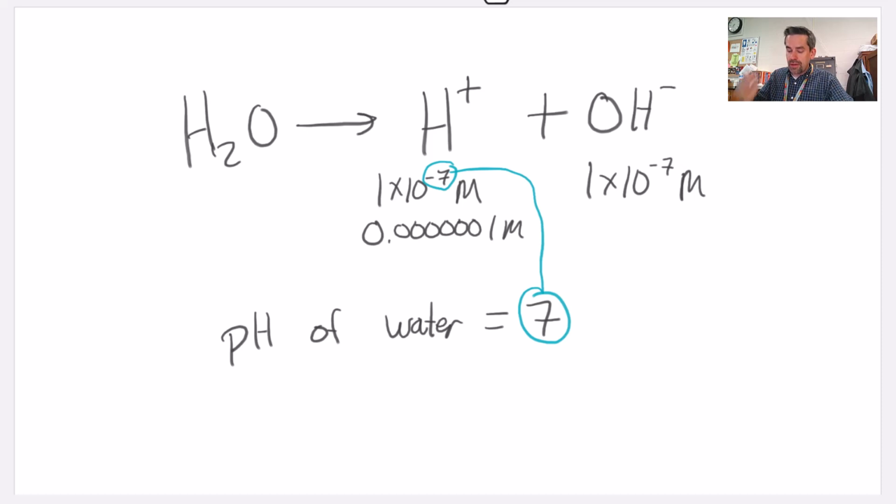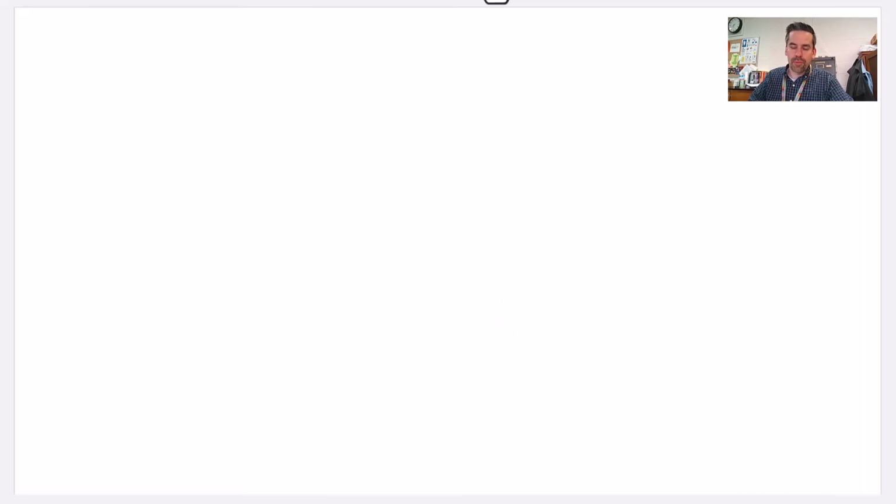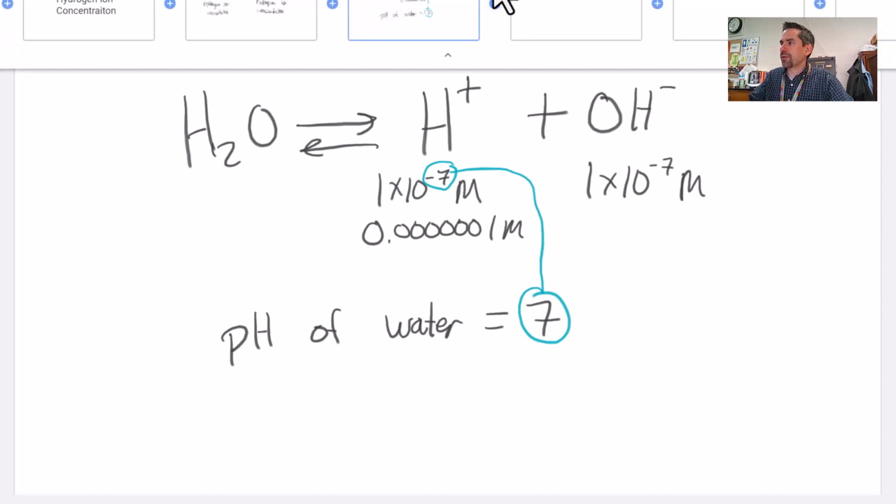If we were to increase the amount of H plus, right, if we were to get more H pluses by putting an acid into the water, we would actually have a shift in this equilibrium. I should probably point out that this is in equilibrium going back and forth like this. So a shift in the equilibrium,